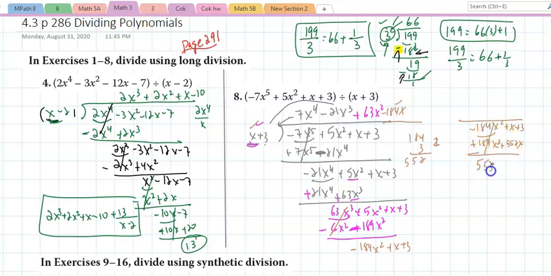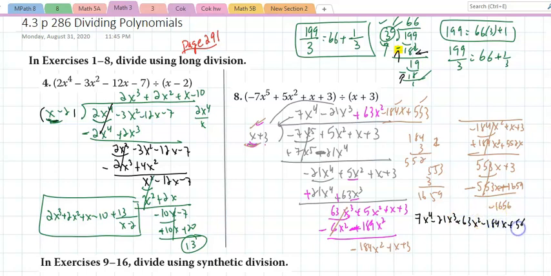That's 553x plus 3. 553 divided by x is a positive 553. Multiply those two, that's 553x plus, what is 3 times 553? 9, 15, 16, 1659. I don't know why this book likes big numbers. And that will be negative 1656. So my answer to this problem would be 7x to the fourth minus 21x cubed plus 63x squared minus